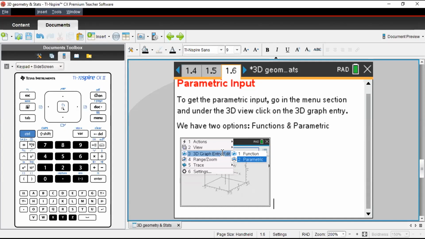When I click on number 3, 3D graph entry, we get two options, function and parametric. The function was the bit that you have already seen, defined in terms of x and y. This parametric is used when we define x, y, z in terms of angular variables.